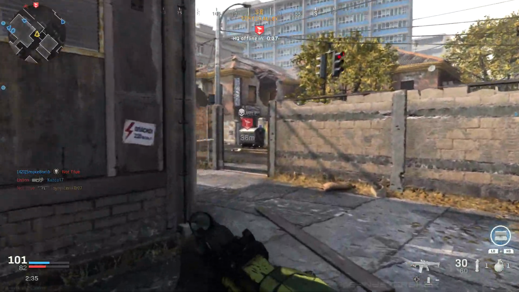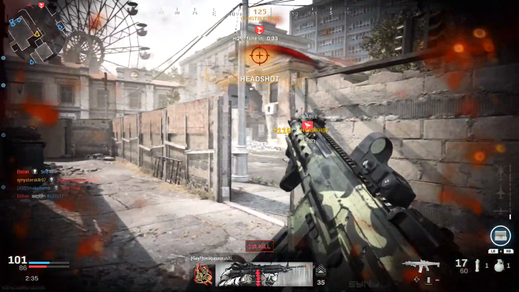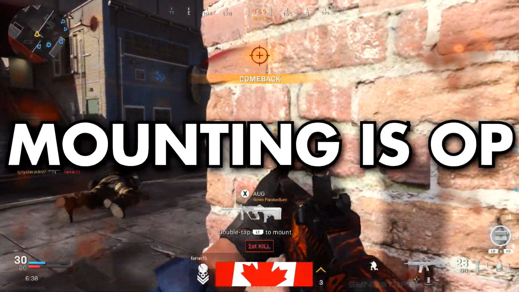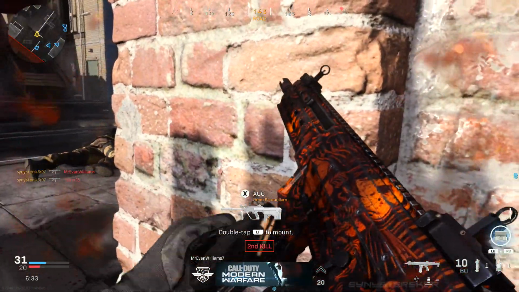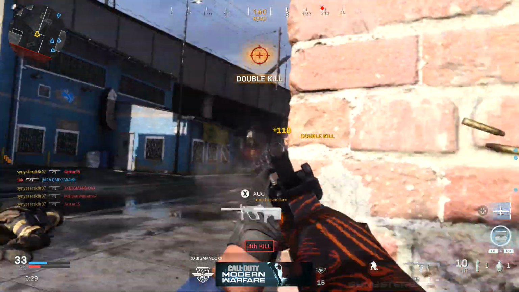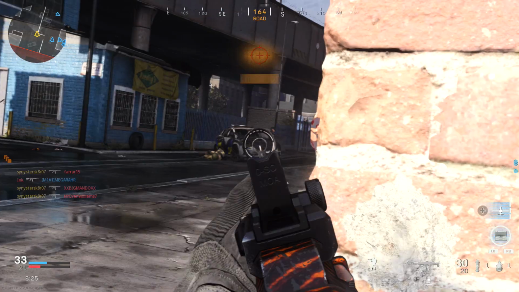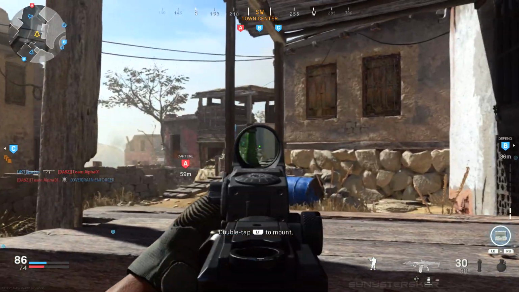Let's get started with tip number 1, which is to experiment with mounting settings, because mounting in this game is so OP, at least in the current iteration at launch. I'm going to throw in a couple clips for example. You should be trying to mount on something every chance you get. It's that good. I try to mount every corner I turn, peek every box I can,